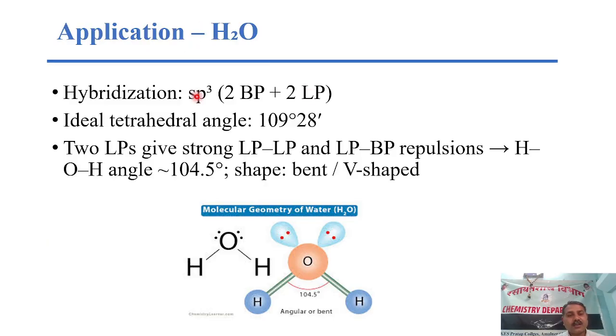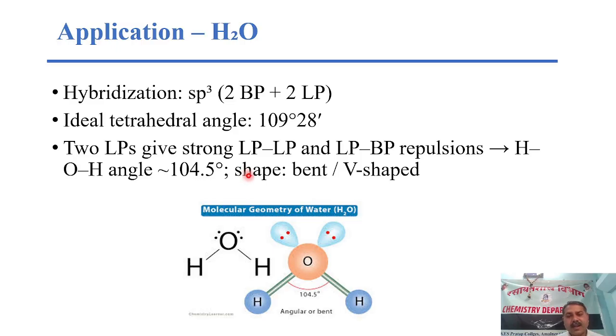Then another molecule we will see, the H2O molecule. H2O molecule hybridization is sp3. It has 2 lone pairs of electrons and 2 bond pairs of electrons. So the ideal tetrahedral angle is 109 degrees 28 minutes, but due to interaction of these 2 lone pairs with 2 bond pairs, the lone pair repulsion is greater than lone pair-bond pair repulsion, and therefore the HOH bond angle gets reduced from 109 to 104 degrees and